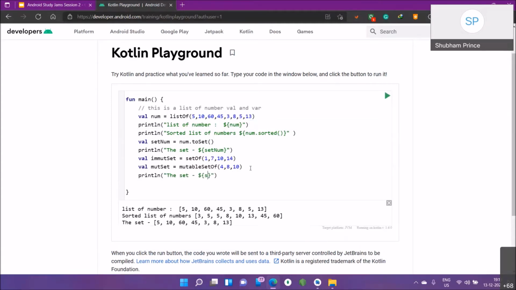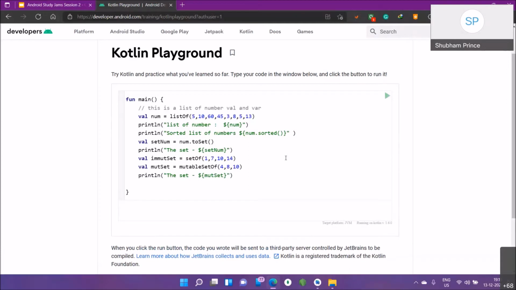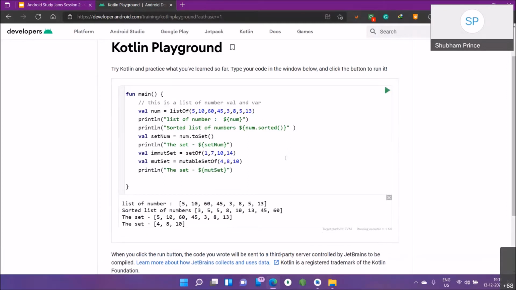Paste it, set num set. Same as that, run it, and we have the mute set, that is 4, 8, 10. Make sure that you remember all these functions, they are very easy, and you will be coming across them while working with the application which you will be building.